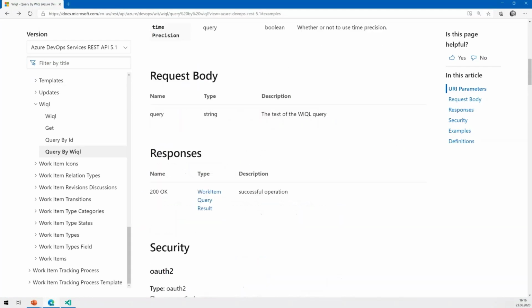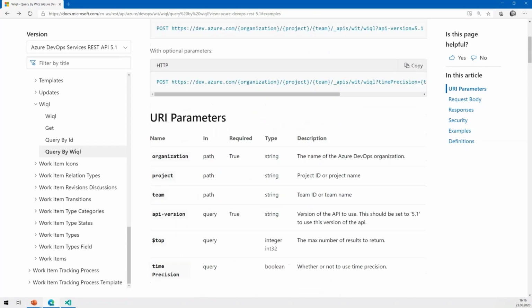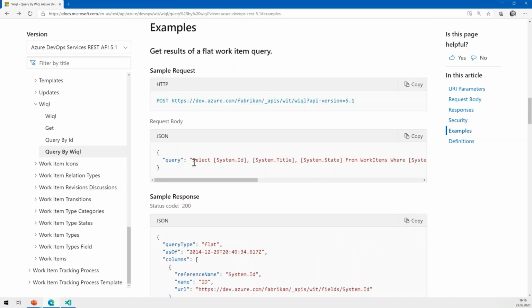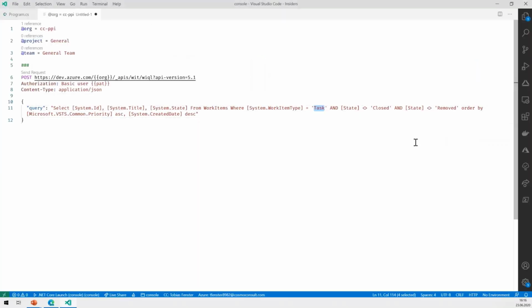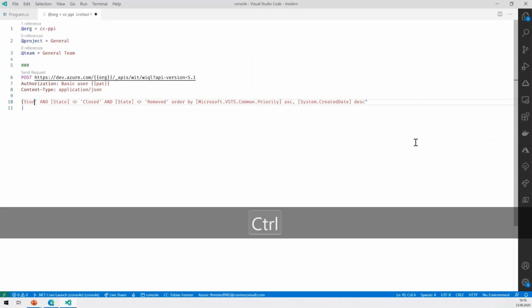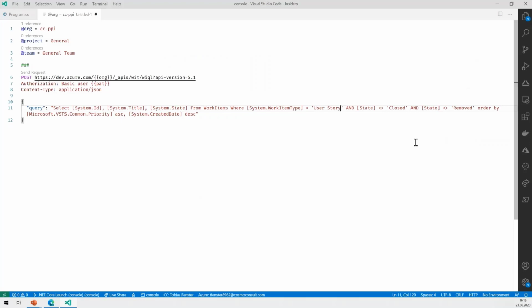So as you can see here, the request body is the text of the WIQL query, and in the examples below, you can see here, this is the JSON file. So I will just copy that one as well. And for a particular project, we're not using that many tasks, but instead user stories. So I will fix this to say that we want to have user stories.